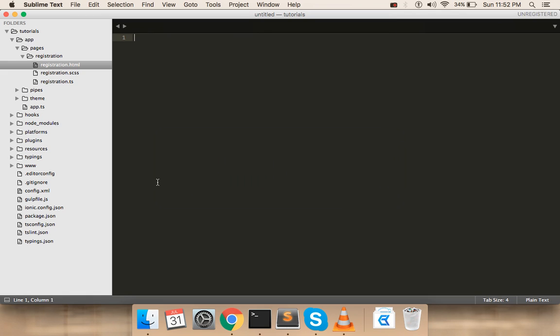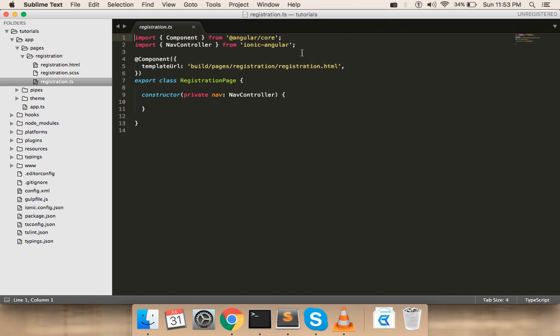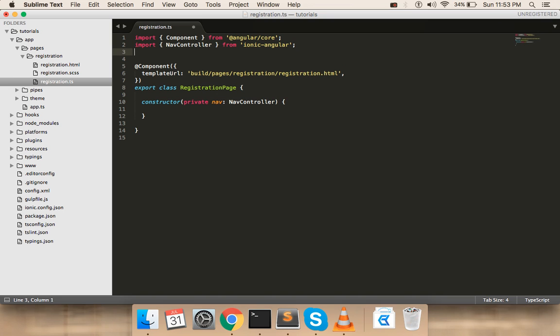This is not a specific Ionic tutorial. This will be more like an Angular tutorial where we'll try to import FormBuilder and Validators and then validate the form. So we'll get started. The first thing that I have to do is import FormBuilder